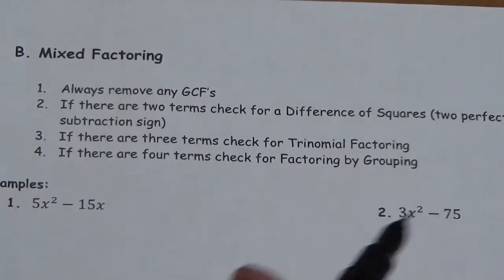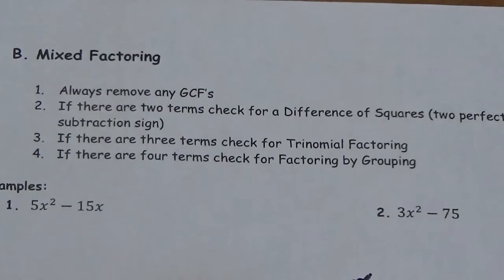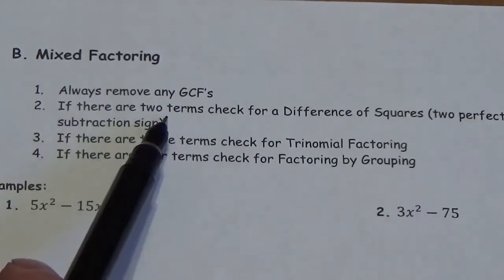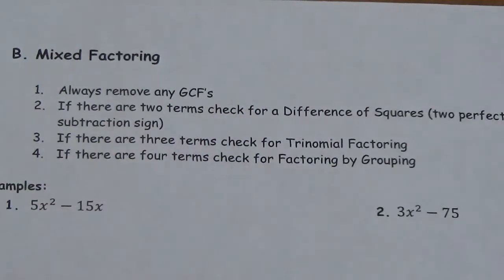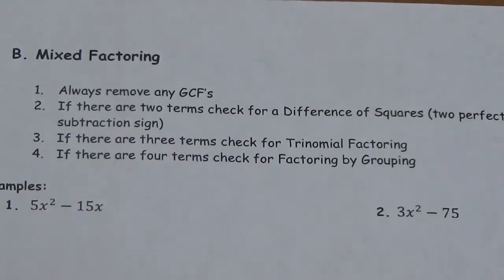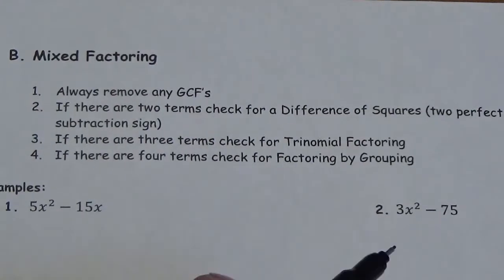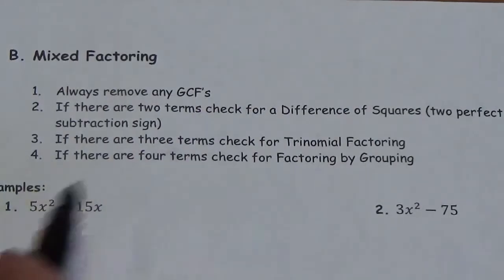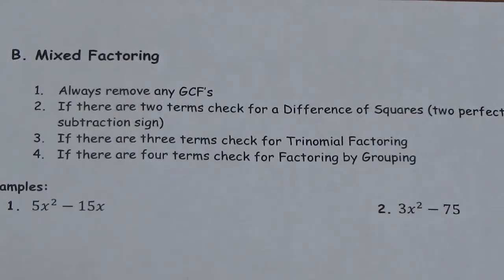It made the trinomial that they wanted to factor so much easier to work with. So please look out for that. If you've got two terms, check to see if it's a difference of squares. If it's got three terms, then it's going to be like the trinomial factoring that we've just been doing. So you might want to guess and check, or decomposition, and there are other methods that you can do for sure. And then if you see four terms, then you certainly want to check and see if you can factor